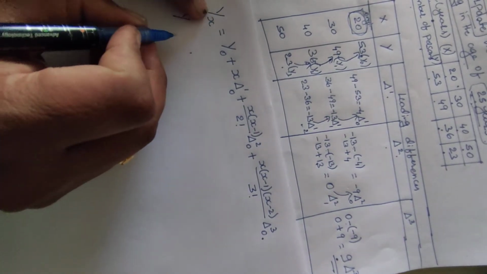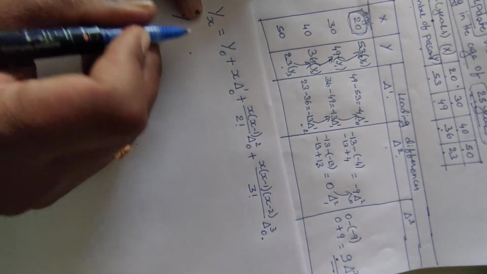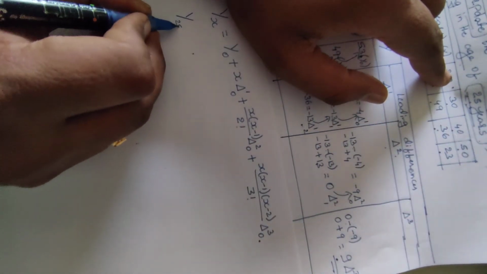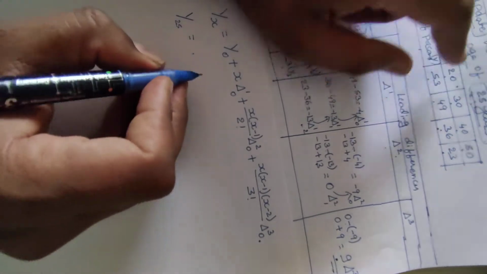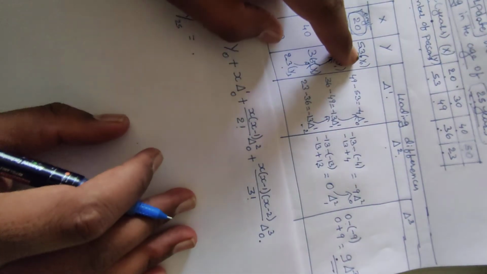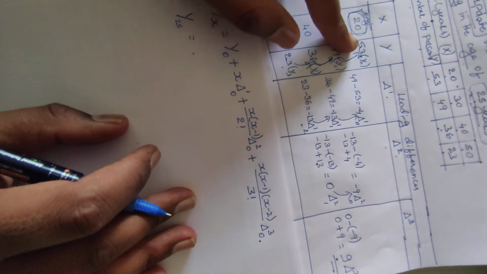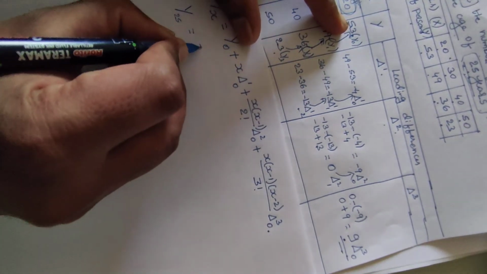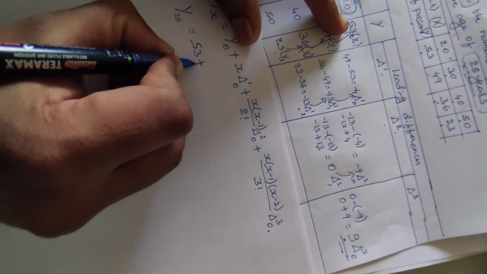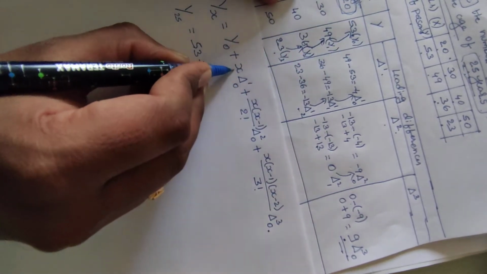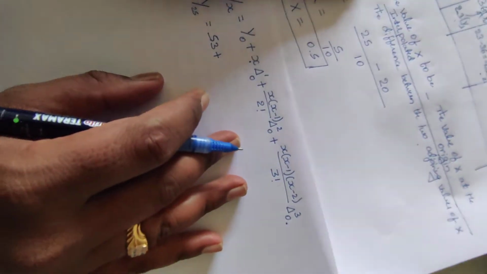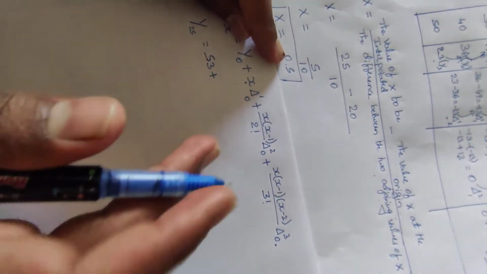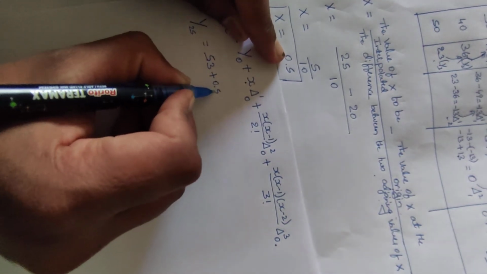Why? Here x means the value we are interpolating. We are interpolating at 25. We should write here, why not, the value? In the problem it is already given: 53. We should write 53 plus x. We already identified x in the solution. How much is x? x is 0.5.